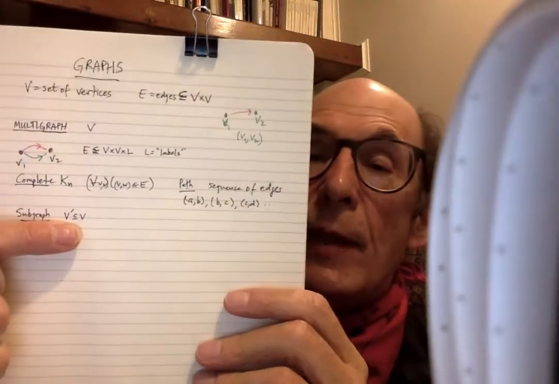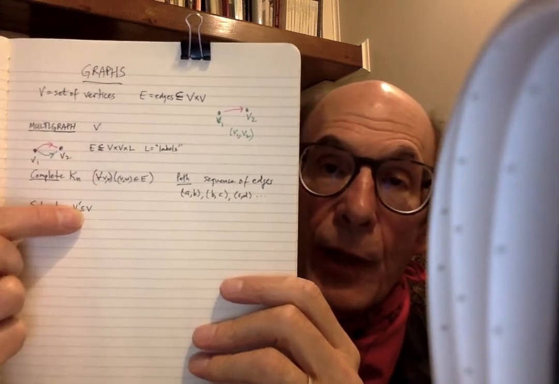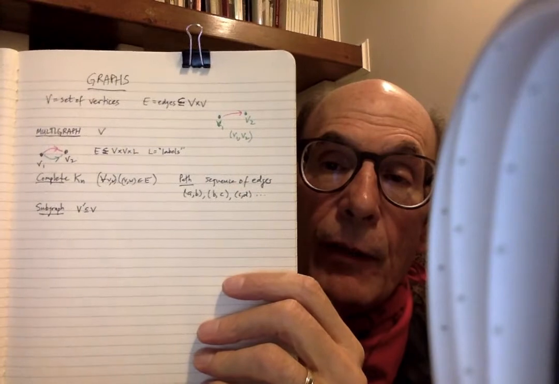So the vertices of the subgraph are contained in V, so that just makes a subset. So the vertices of the subgraph are a subset of the vertices of the original graph. But then you got to worry about what to do about the edges, and